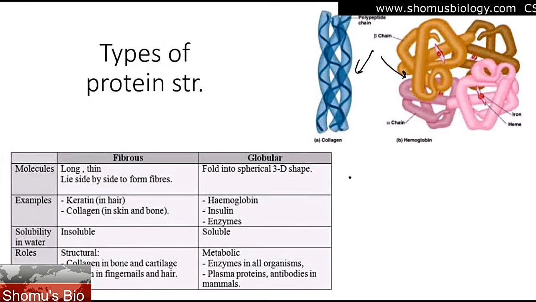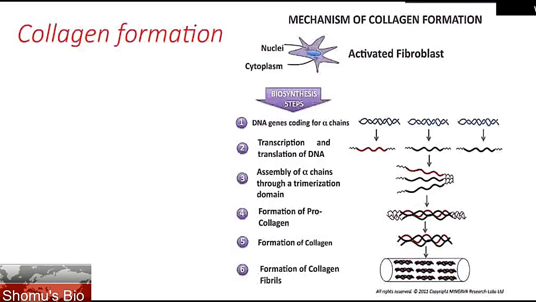Fibrous proteins also produce interactions, but mostly other types of interaction. Hydrophobic interaction is also there, but the fibrous proteins' role is mostly connectivity in the structures, building tensile strength in the structures, while globular proteins have multiple roles, with different physiological functions played by the globular proteins. For example, hemoglobin is a very important globular protein that we have. Now, for the example of a fibrous protein, collagen, the formation of collagen,